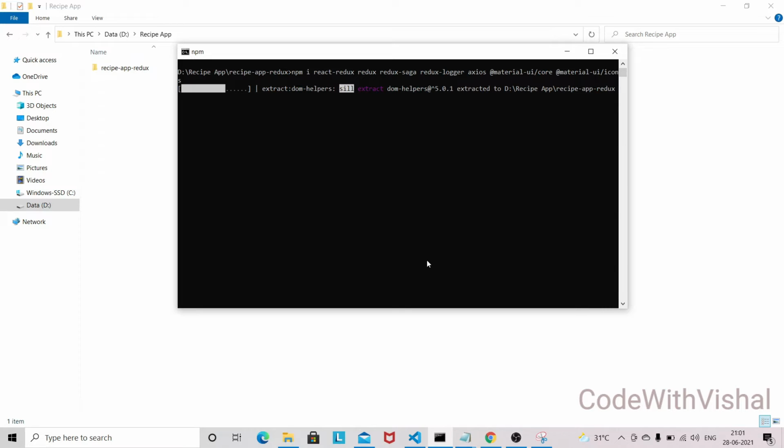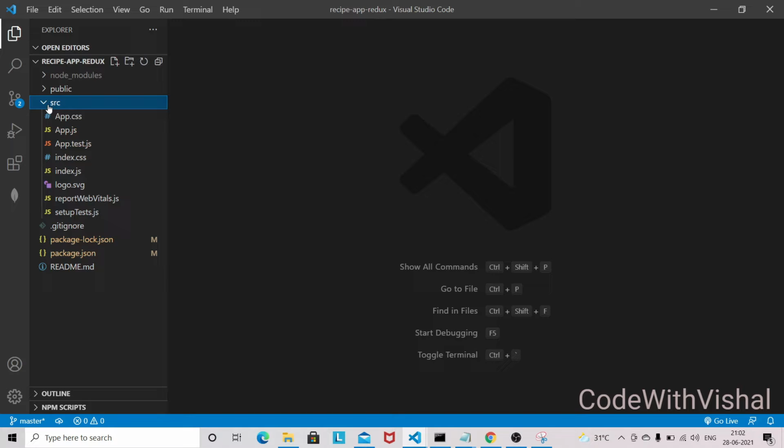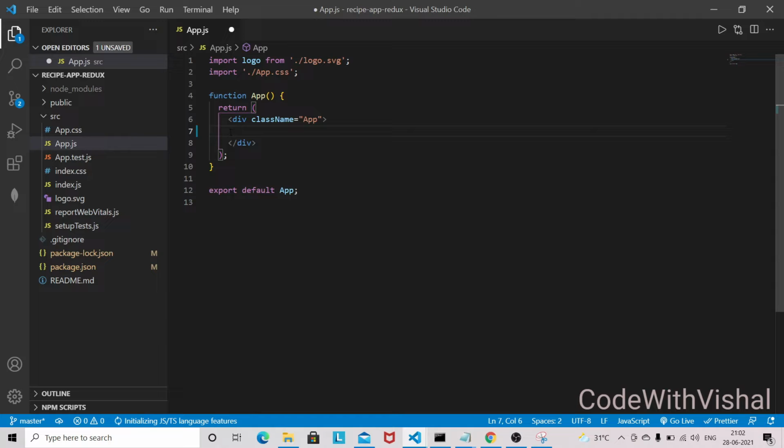So I'll be opening this project in Visual Studio Code. So guys, I have opened the project in Visual Studio Code. So go to the app.js, and I am going to just remove this one, and I'm just going to give one heading, recipe app,